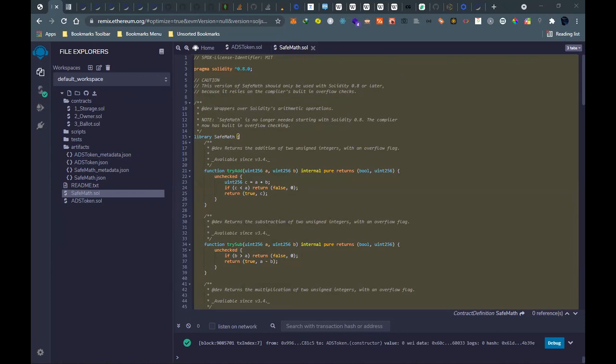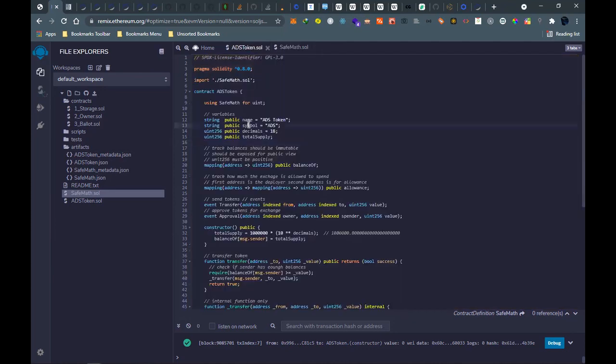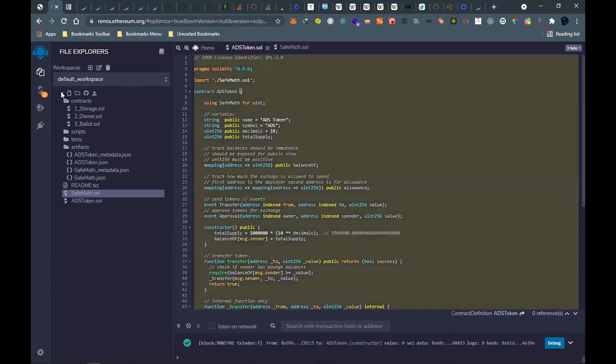So then we have the other one, which is ADS. Then we have control X. It will also be on desktop.